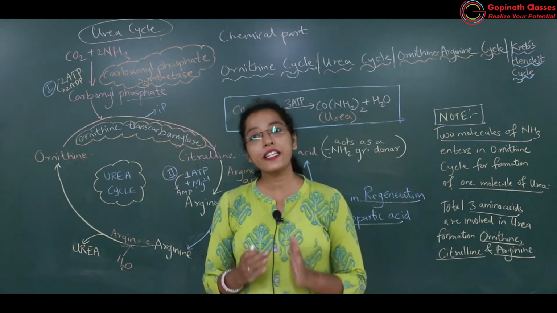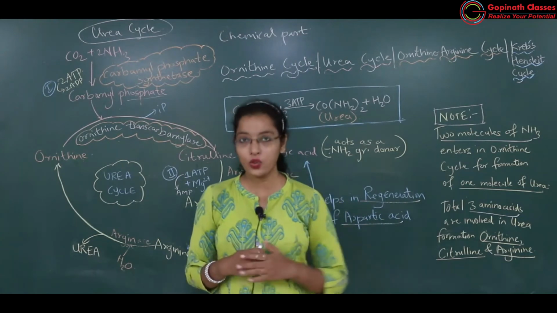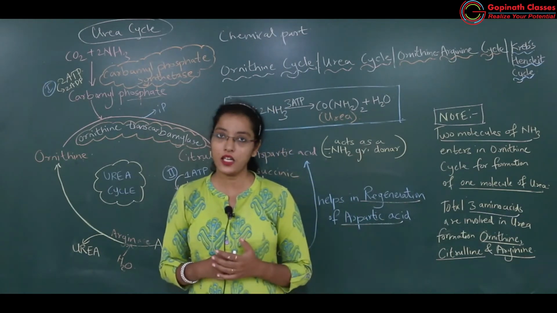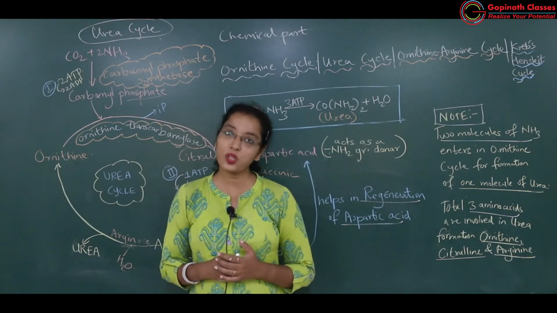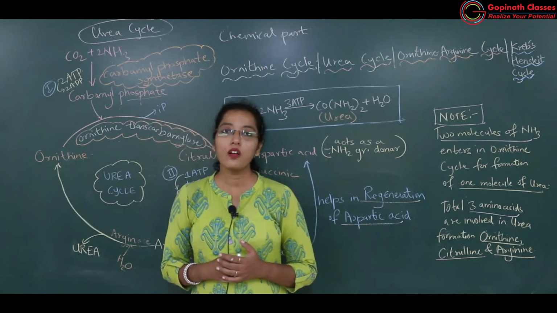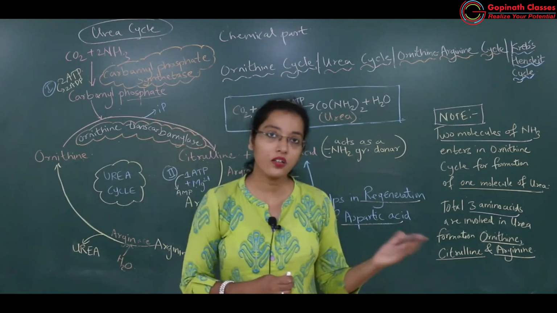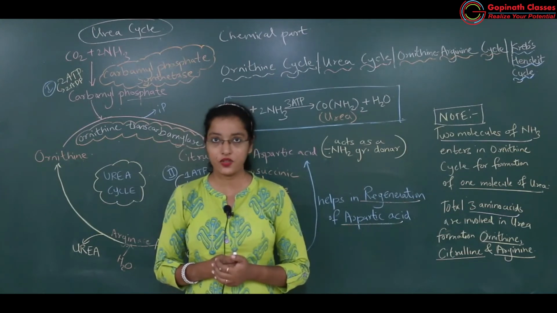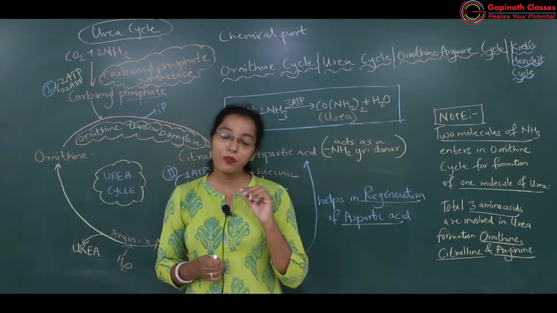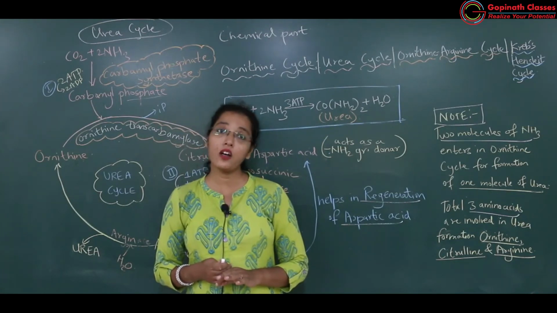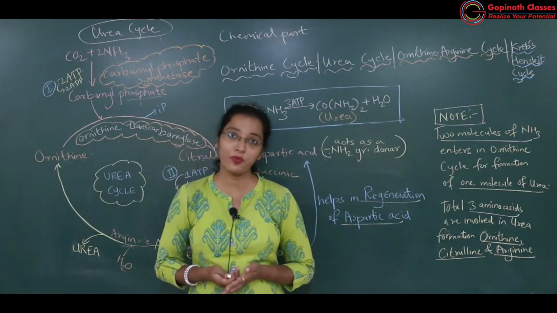So, kidneys सिर्फ eliminate करते हैं यूरिया, यूरिया formation का काम liver cells करता है majorly, and to some extent brain cells and kidney cells. Okay. किडनी में बहुत कम क्वांटिटी में यूरिया बनता है, बट वेरी लार्ज क्वांटिटी ऑफ यूरिया इज फॉर्म्ड इन द